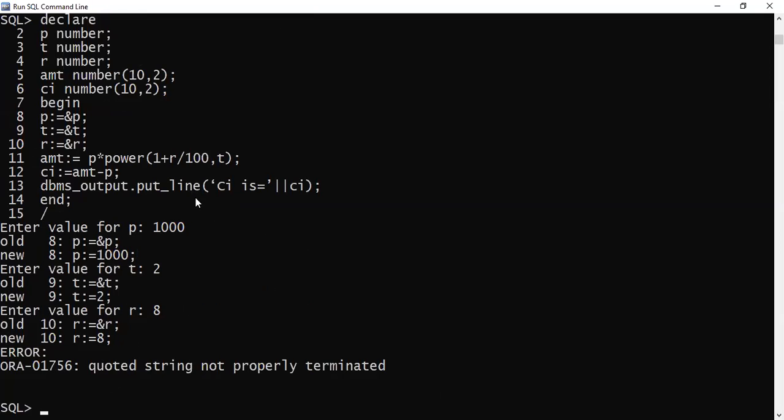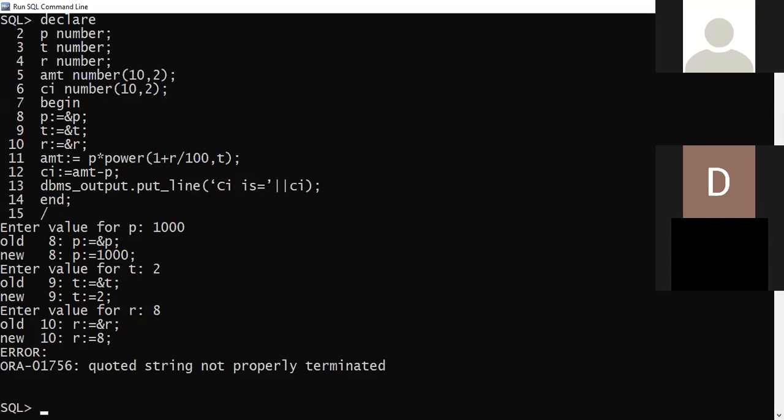I have quoted the string here only, after DBMS underscore output, equals. Sometimes when I copy from Word, some symbols change. So I think it would be better if we do it in Notepad. I'm copying that program back to Notepad and I will make changes.